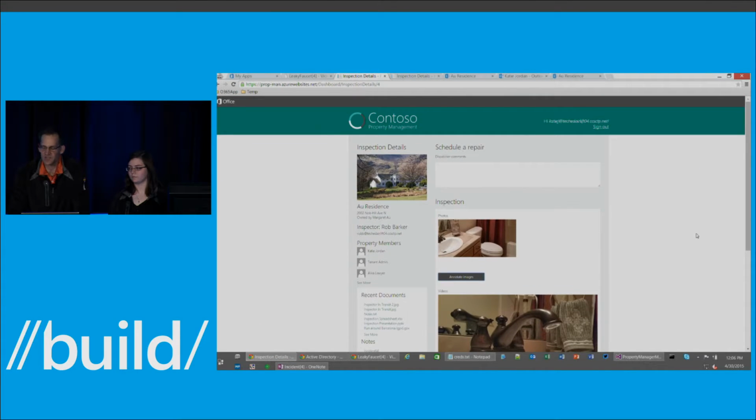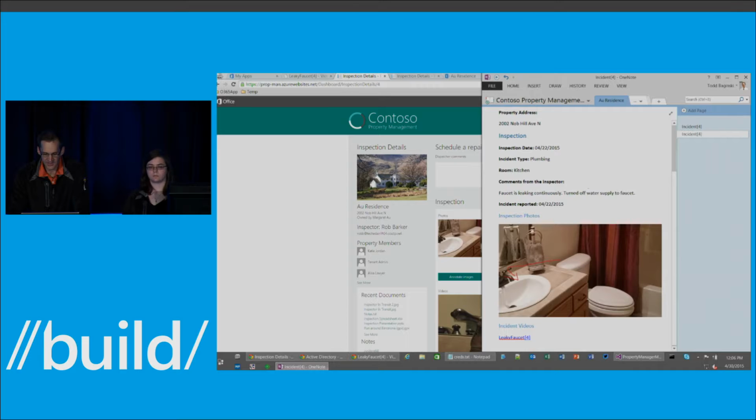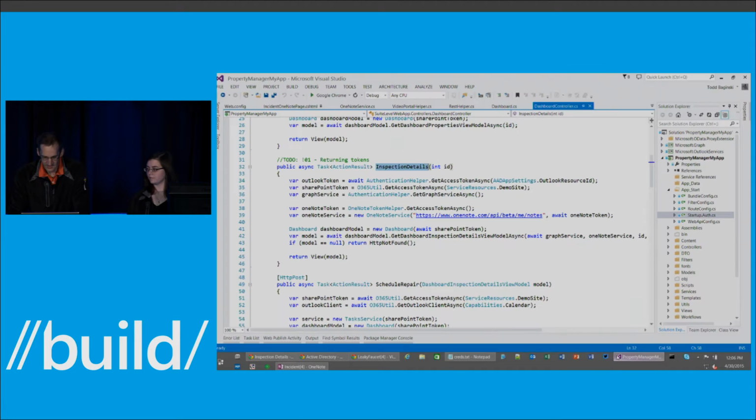This is my inspection details controller. I'm taking in the ID of my inspection. And if I come back to the code, here you can see there's the ID being passed in. So the first thing that happens when this web page loads is I retrieve my Outlook token, my SharePoint token,